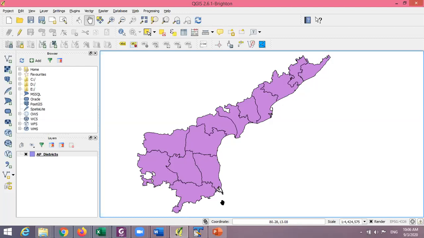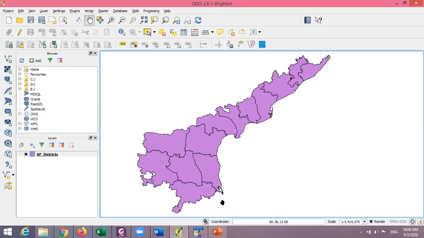Okay. Now the next thing I'm going to do is import the locations of a rainfall gauge, right? So now the location of a rainfall gauge will not necessarily be a polygon. It will be, what will it be? What kind of information will it be? If I show on this map the location for the city of Vijayawada, for example, or the city of Visakhapatnam or Rajahmundry or whatever other city inside Andhra Pradesh, what will that be? Will it be representing an area, or what will it represent?